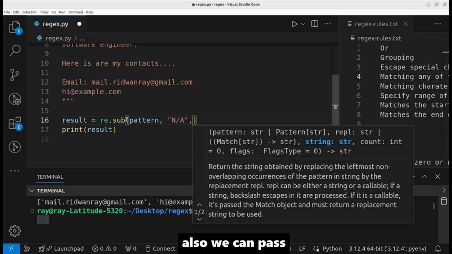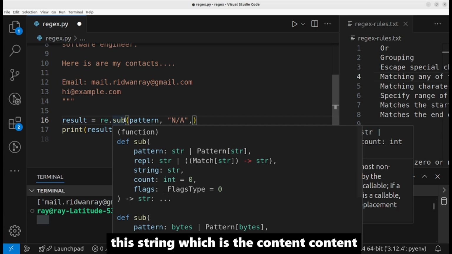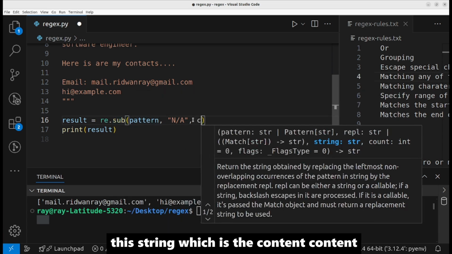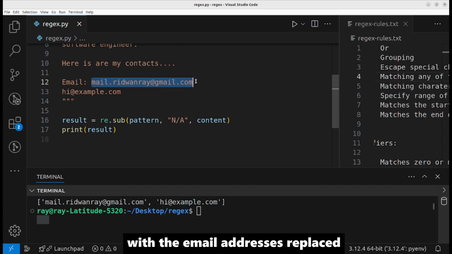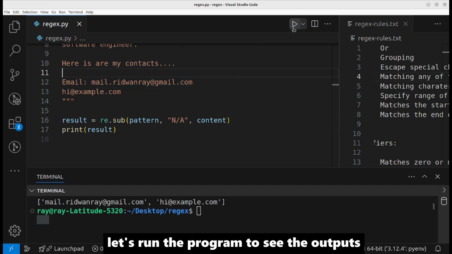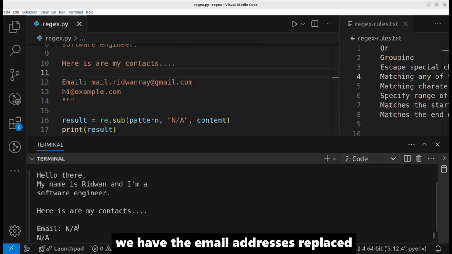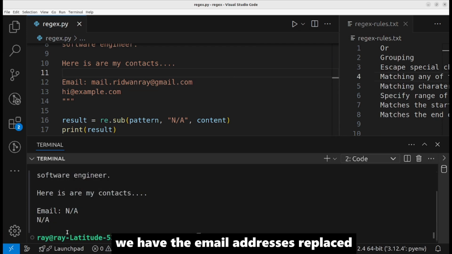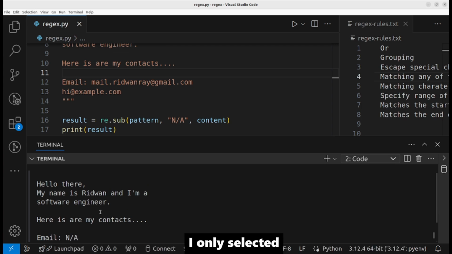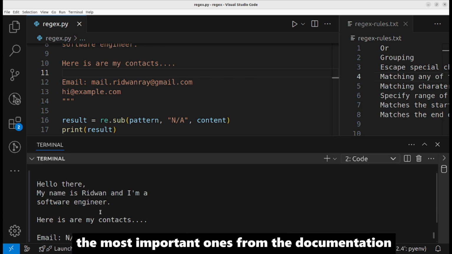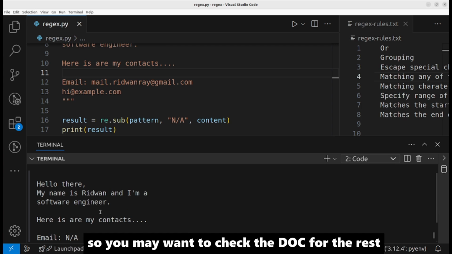Also, we can pass the string, which is the content. The result should be a string with the email addresses replaced. Let's run the program to see the outputs. We have the email addresses replaced. There are some other functions and methods available. I only selected the most important ones from the documentation, so you may want to check the